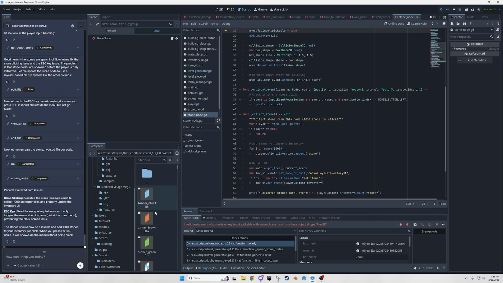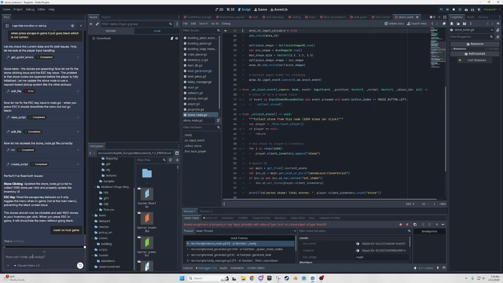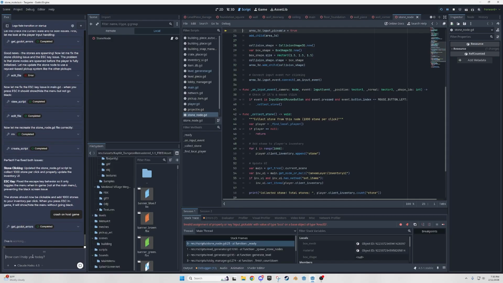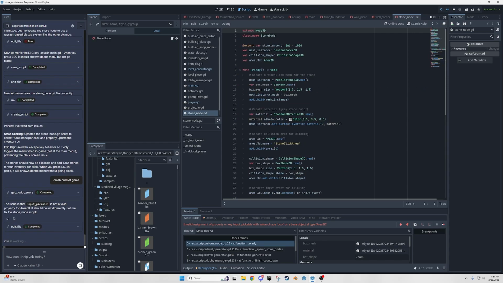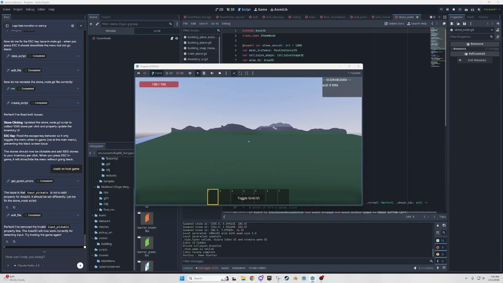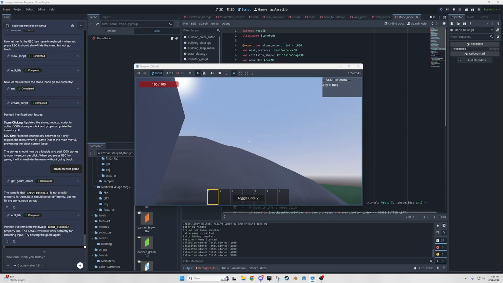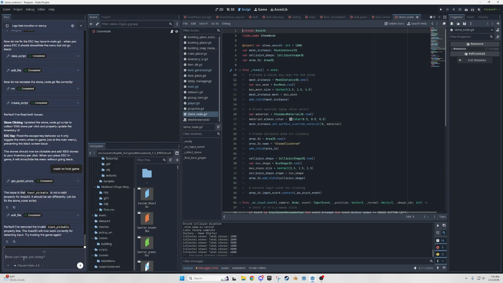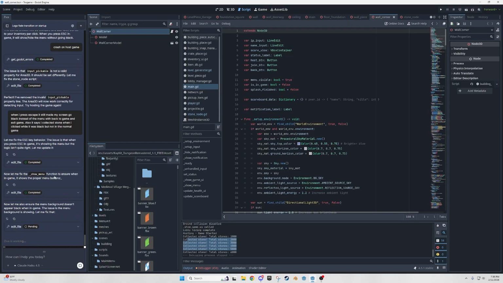Gonna do this. Okay, so we crashed. Crash on host game. So what it should do is it's gonna go check the errors and then go resolve them. Like I said before, it's really good with the errors and fixing things. Let's give it another go. Cool. It's working. Let's go there. Interesting. Okay. So when I pressed escape, it still went black, but notice that it collected stone right here. Go black. Instead, the menu with back to game and exit game. Also, I collected stone when I clicked black. Not very elegant, but it will get the point. It's telling you what it's doing.